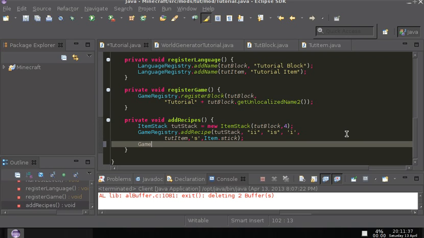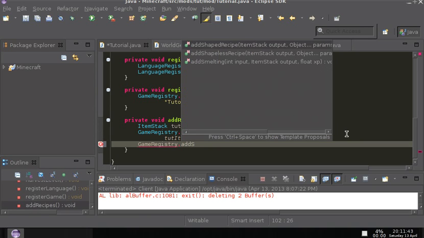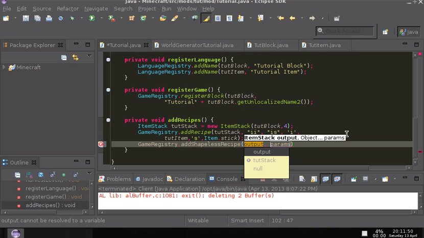What I will be showing you now is how to add a shapeless recipe. Anyway, sorry. So what you want in the shapeless recipe is